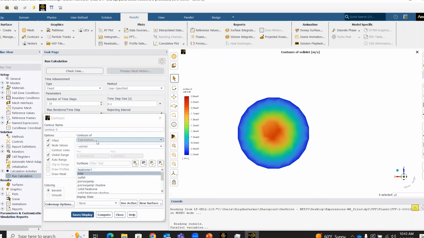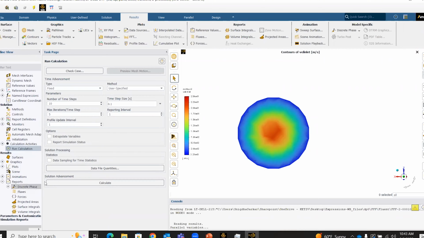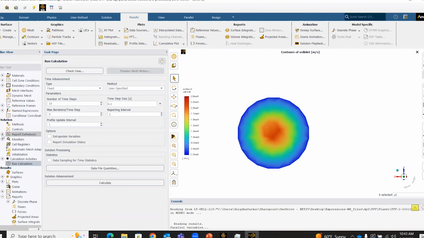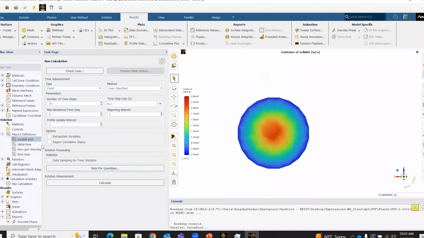So this is what expressions can do in terms of giving you additional ability of manipulating your boundary conditions. The other thing that I also want to show you guys is that because we had the report definition for the pressure outlet, we can actually go ahead and look at the outlet plot of how the pressure varied. So say, for example, if I calculate this for another time step,